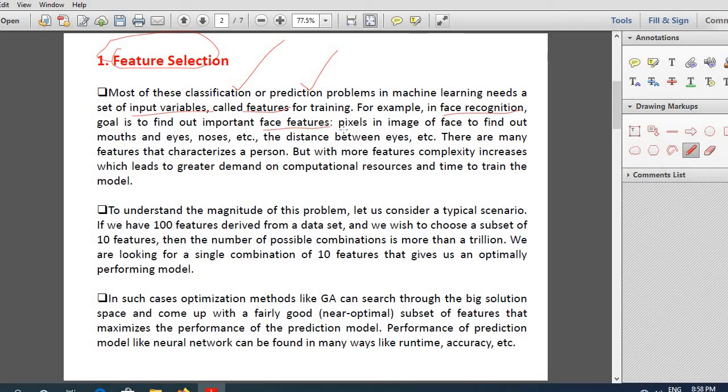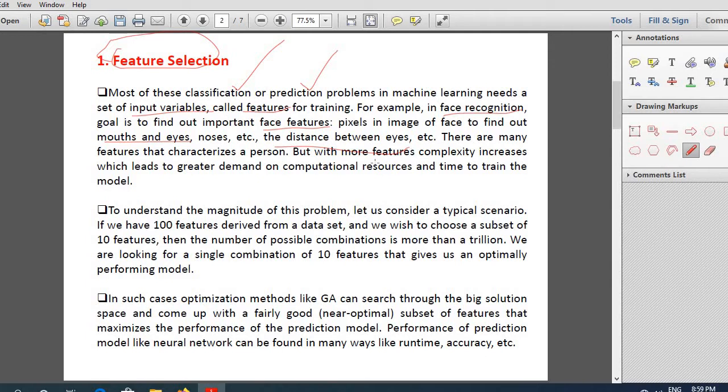Sometimes some of the important pixels in the image of a face, like pixels corresponding to mouth, eyes, nose, the distance between eyes, there will be some indicators that are very important to recognize a face.